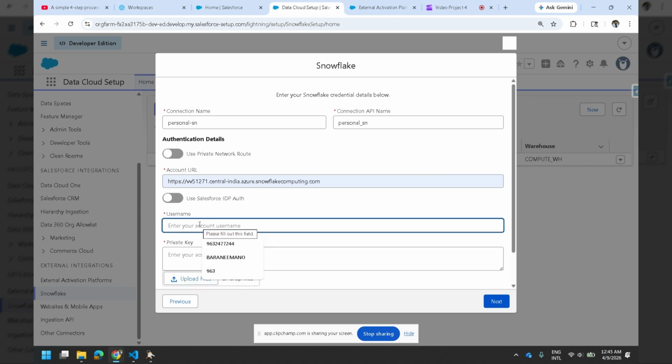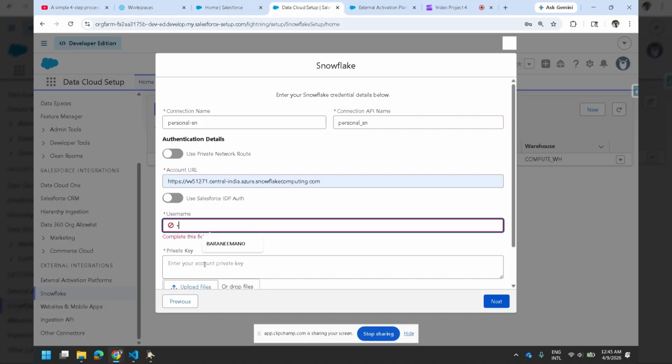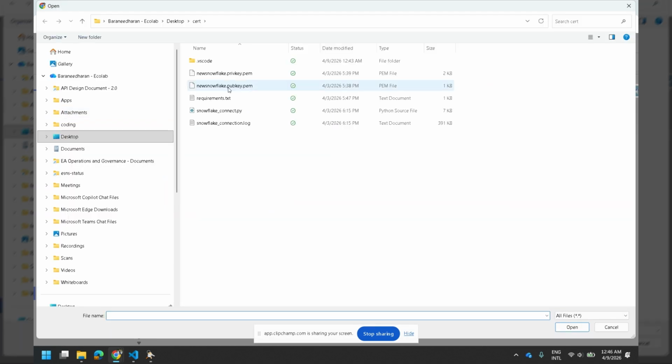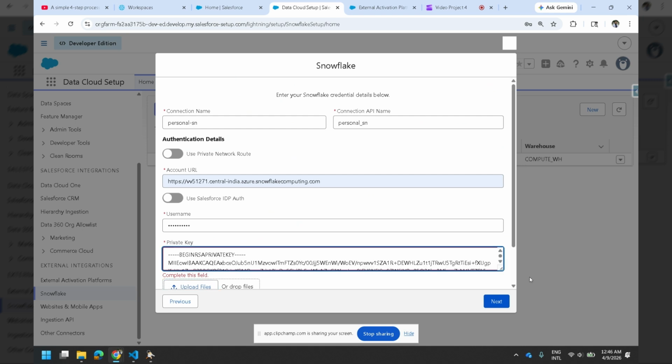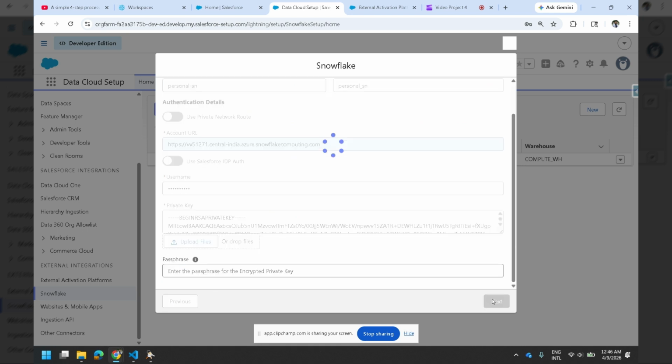what's the password? Button underscore user, and the private key. I can upload it from, so my private key, this one. Come here, and that's it. Now,